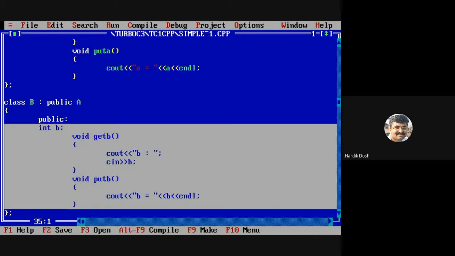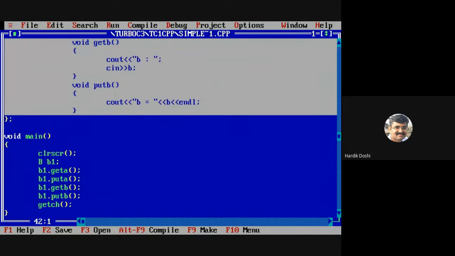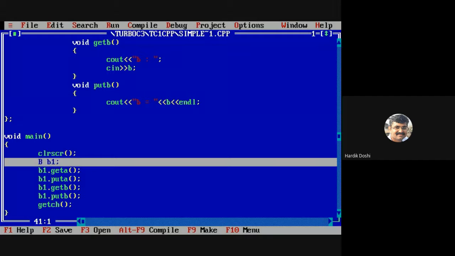That is the main point of discussion today. Now see this. What did we do? We made an object of B class and not A class. Earlier, when we were not doing inheritance, we were making objects of two separate classes, A class as well as B class.